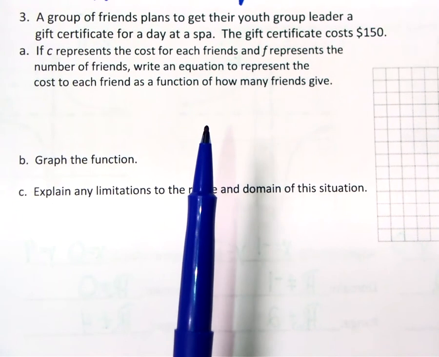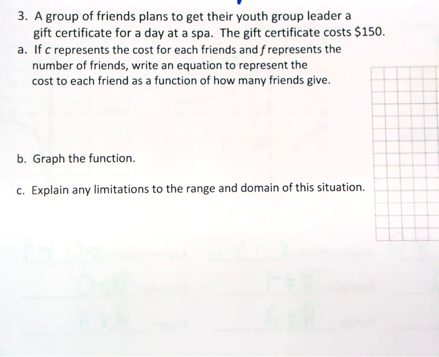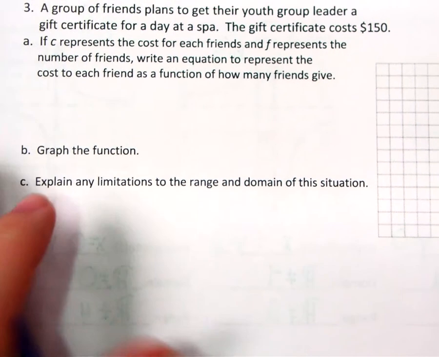A group of friends plan to get their youth group leader a gift certificate for a day spa. The gift certificate costs $150. C represents the cost for each friend, and F represents the number of friends. So we're going to write an equation to represent the cost to each friend as a function of how many friends contribute. So if I take the total cost of the gift certificate